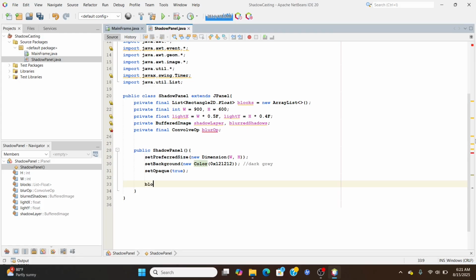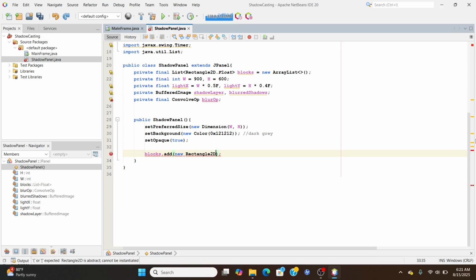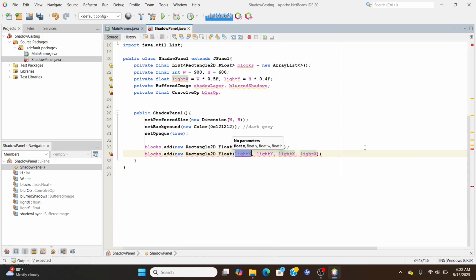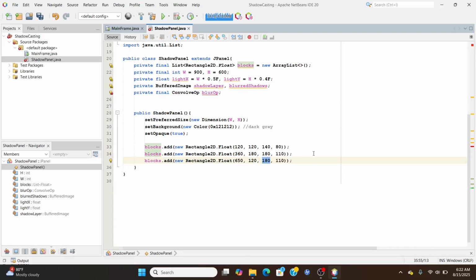Next, we add some sample shapes to our blocks list. This creates a rectangle positioned at x 120, y 120, with a width of 140 and a height of 80 pixels. Another rectangle, placed further right and slightly lower, with a larger size. This one is tall and narrow, positioned near the right side of the